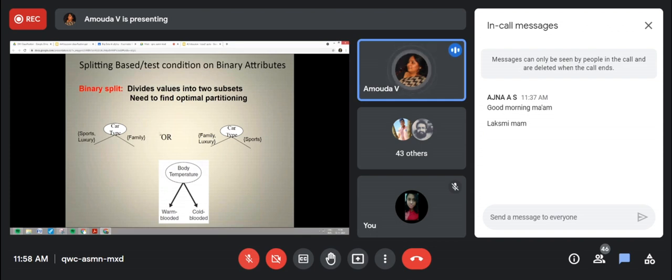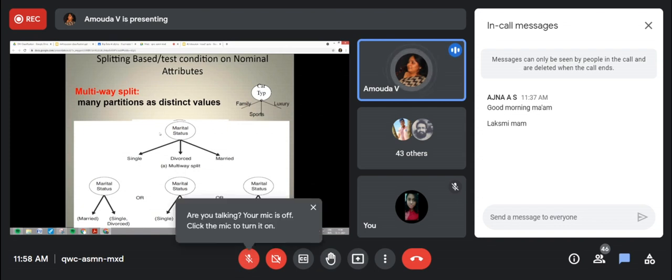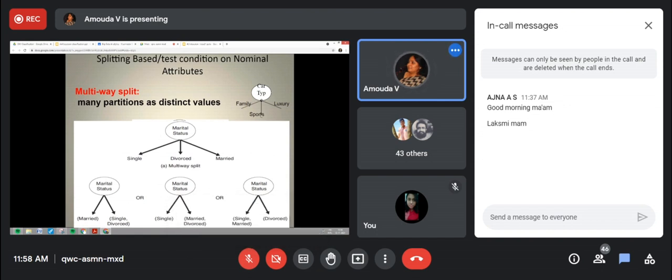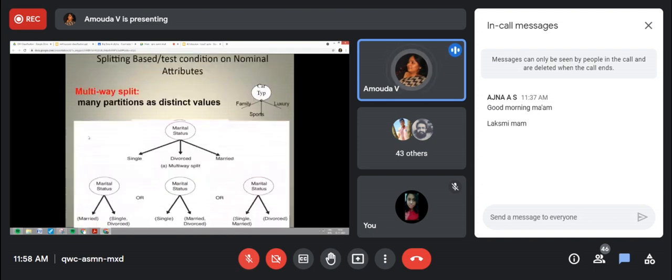This is one type. Second type, if it is nominal, you can check it there. Nominal type can carry many values, so the test condition can be expressed in two ways. You can see that here we have combined values, which is not required because it can take many values. So a multi-way split is introduced here.